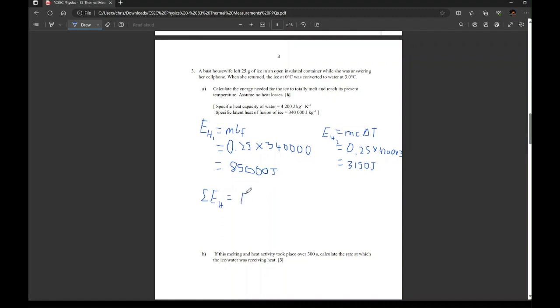Okay, so that's going to be equal to Eh1 plus Eh2, which is of course 85,000 plus 3,150,